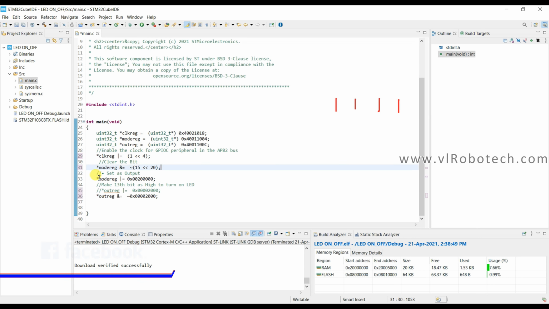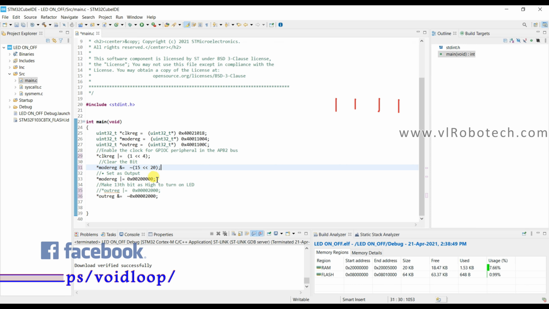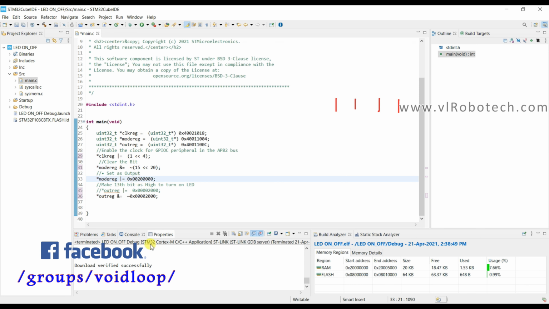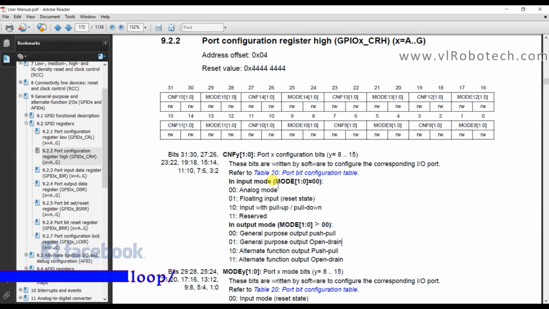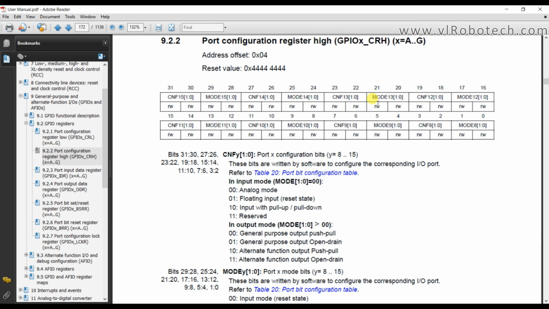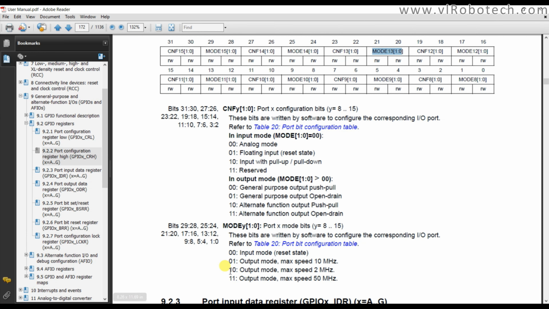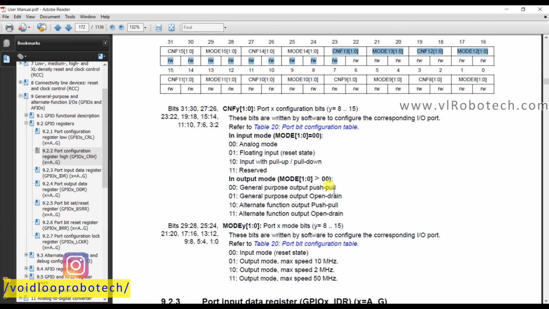Okay, and now we have to set as the output mode. So to set as the output 13 number pin, so mode 13 will be 10. To select 2 megahertz clock frequency, and 23rd and 22nd it is CNF 13, it will be 0 for general purpose output, push pull output.